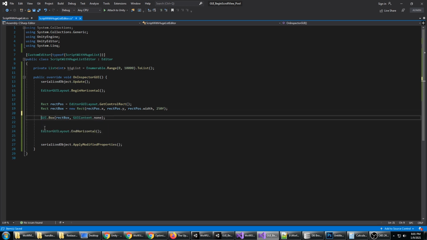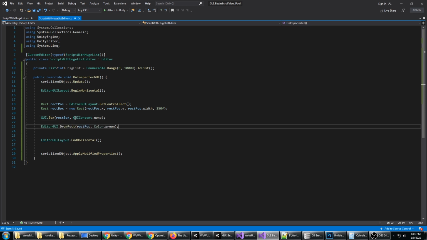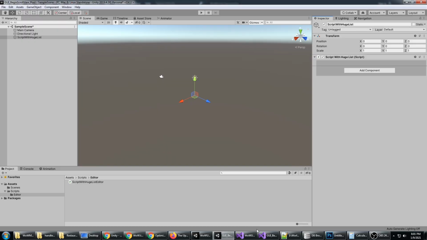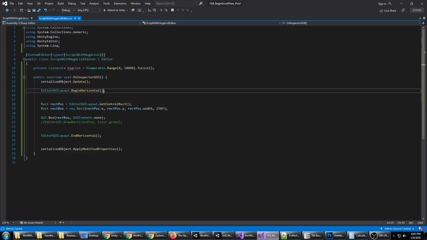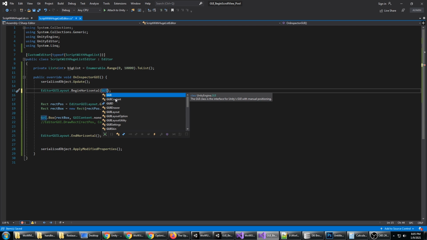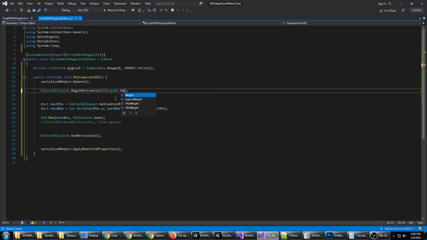and I want to see the box in green. Let's see if it renders it with the default. Yeah, it sure did. It rendered it with the default box GUI style. And we need to push down the editor now because it's obviously gone a little bit below the bottom of the inspector. Okay, to fix that, let's go to the begin horizontal and do a GUI layout dot height, and